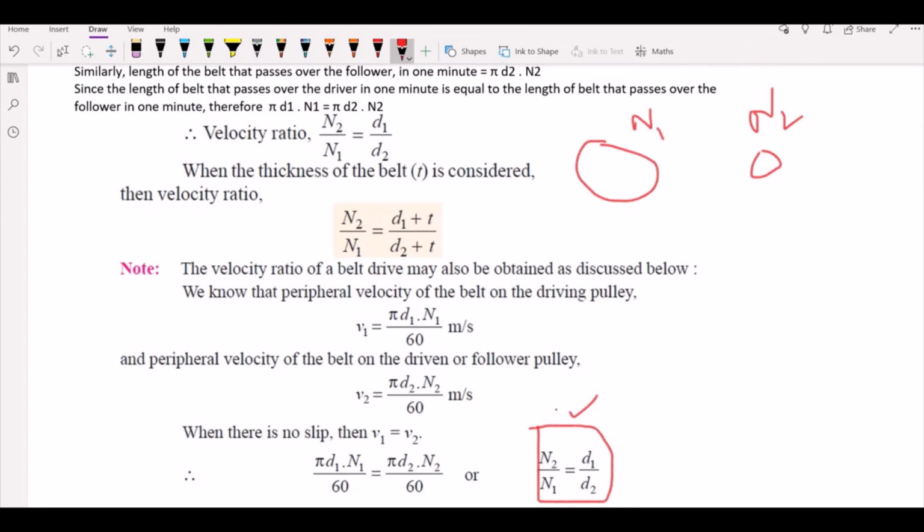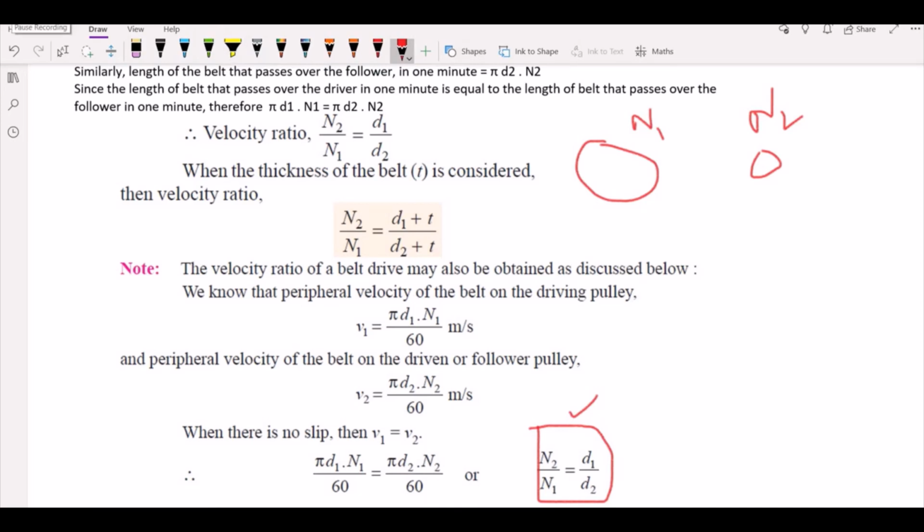So that's it, we'll stop here for the derivation parts related to your syllabus. The most important part of all these derivations is the calculation of the length of the open belt and the length of the cross belt. Still, if you have any doubts, go through this video once or twice, and if you have a question later, you can post it to me. Hope I'm clear till here. With this we are done with the derivation part.